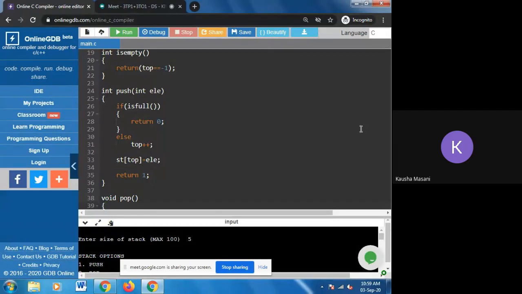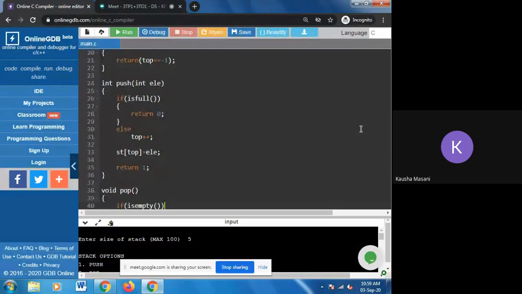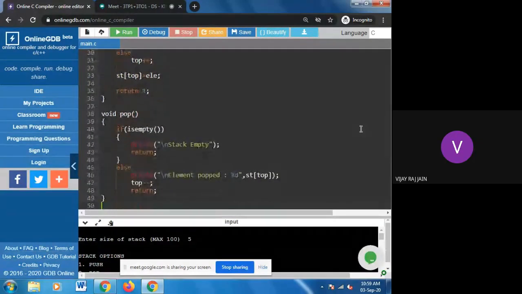Scroll down, you have written the pop function also. Yes मैम। See, you have mentioned in line number 43 and line number 48 the return, and the type of your pop function is void.